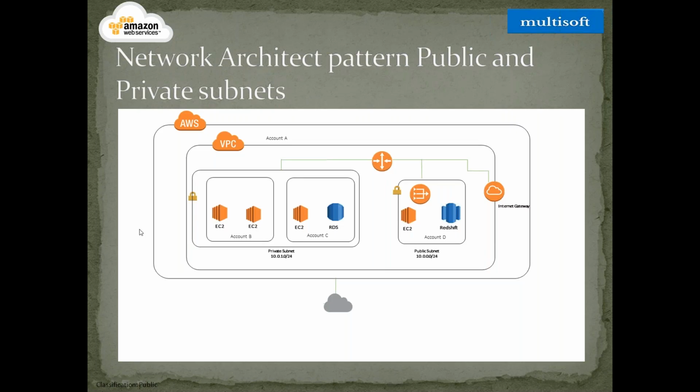So how does it look? The different services: the topmost is the AWS account. That's what you see here. It says account A, and what you see on the top is the AWS account, and within the AWS account you have one VPC. I'm keeping it very simple, so you can have multiple such VPCs in your organization later on. Then what you have is a subnet. This is what you see here in the box.